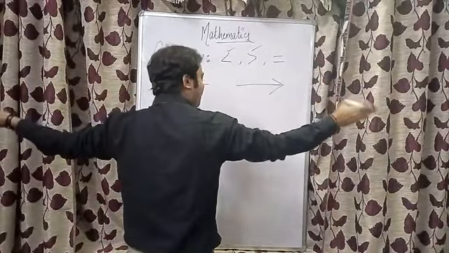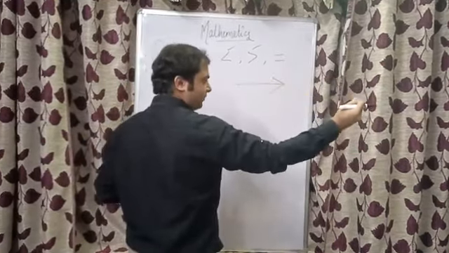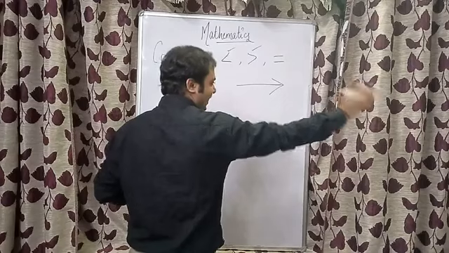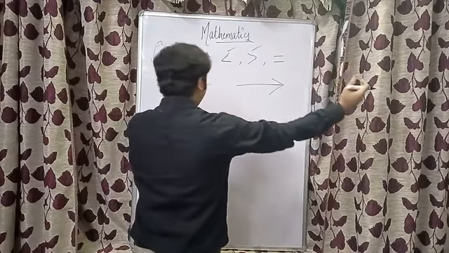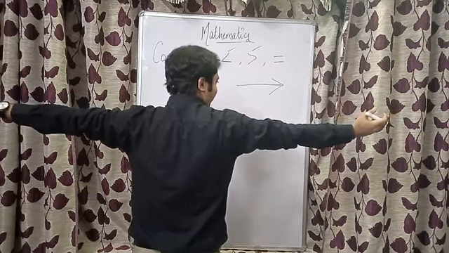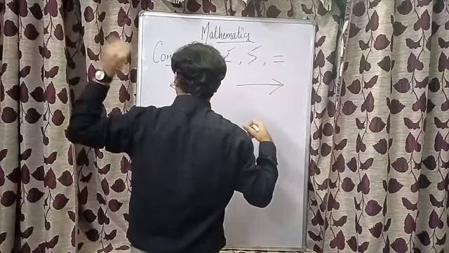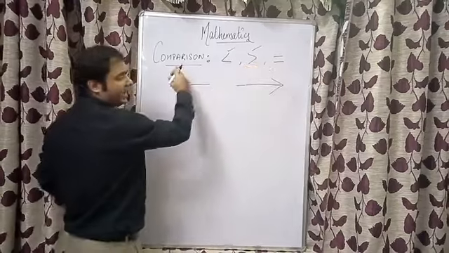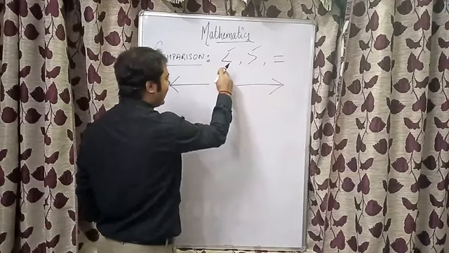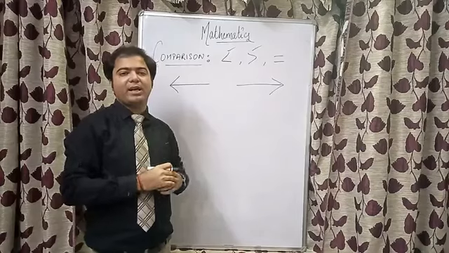Right and left side. Mostly we all are right-handed people. We work with our right hand, right? Mostly. So the arrow pointing towards right is greater than, because the right hand is more powerful as compared to the left hand in most cases. So this arrow will be pointing towards greater than, and this will be pointing towards lesser than. Greater than and lesser than, right? So this sign is for greater than and this sign is for lesser than. Comparison of whole numbers you have already studied in class 6.